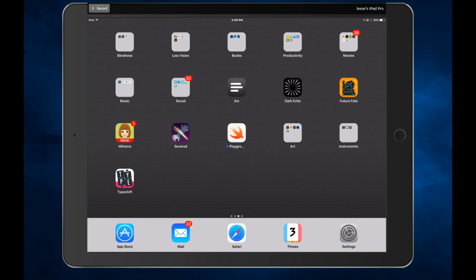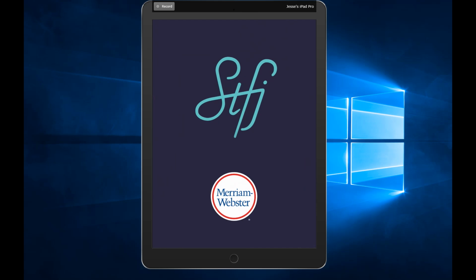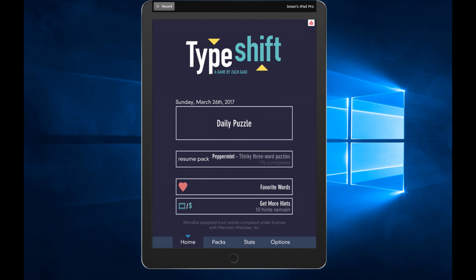This is a game that I've been hearing about in a few different mentions on podcasts and tweets and things, and it sounded sort of interesting. So we are going to open it here. Oh yeah, that's right, we're in vertical orientation for this one. Okay, so TypeShift. It is a word game, but